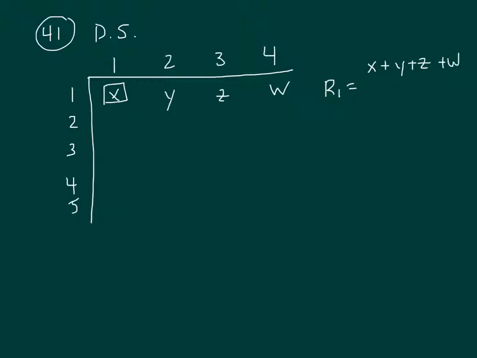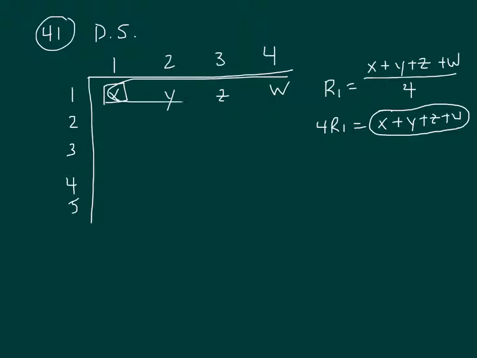plus W, and how many do I have? 4, and you divide by 4. So if I multiply this equation by 4, I get 4 times row 1 equals X plus Y plus Z plus W. So 4R1 is just the sum of the items in row 1. 4 times row sub 2, that would be the sum of the items in row 2,